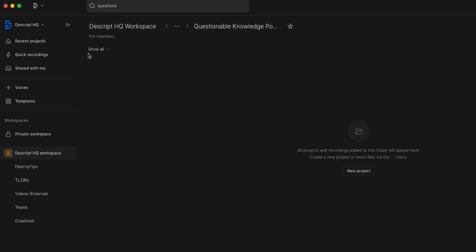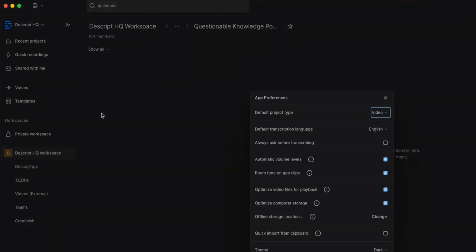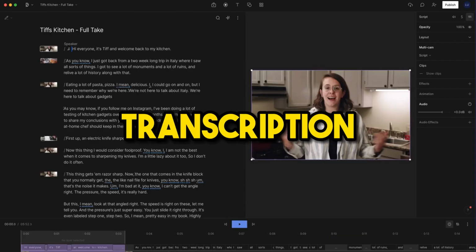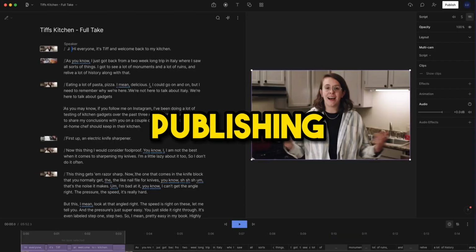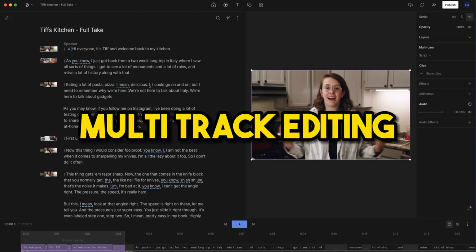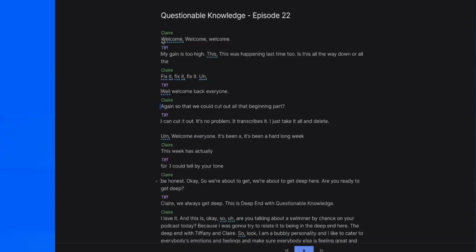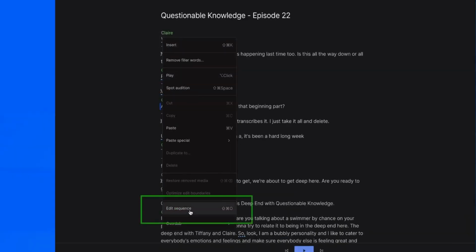Descript appeared on the scene a few years ago as an entirely new approach to audio editing. For anyone working on podcasts, it's a different way of doing things than traditional complex audio tools. It is a collaborative audio and video editor with features like transcription, screen recording, publishing, full multi-track editing, and even AI tools. The editing tool, which is a podcaster's holy grail, allows users to record, edit, and mix audio and